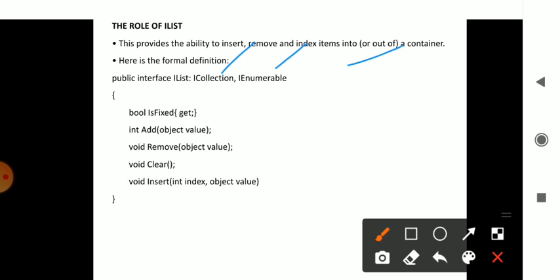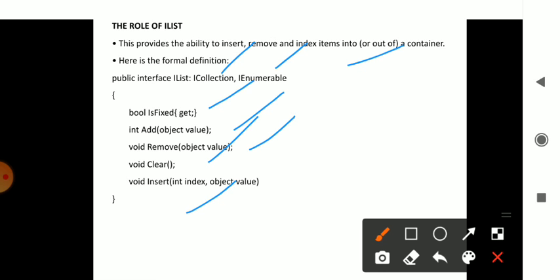Whichever values you get have a fixed value of type either true or false. Then you can add a value into the collection, remove an element, clear the elements, and insert an index value. An index can be prepared for each and every object created in the C# concept. So this is called the IList role.